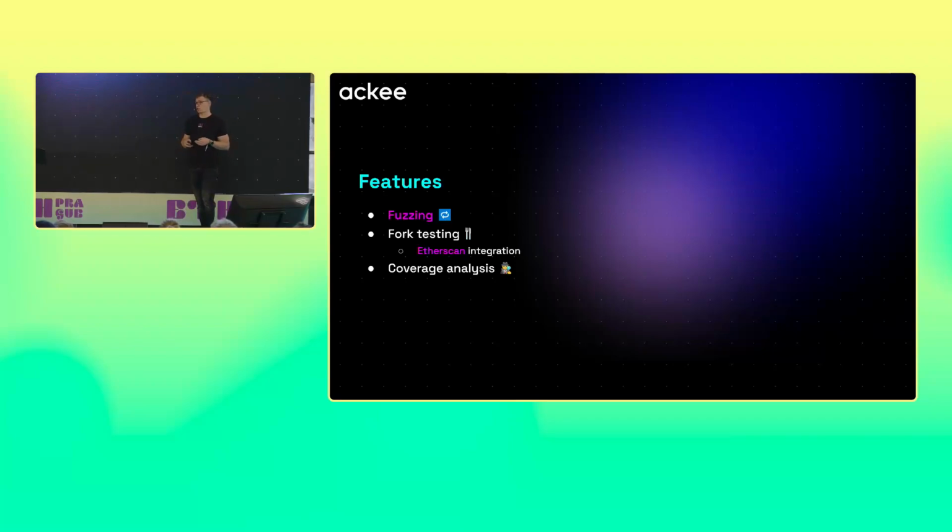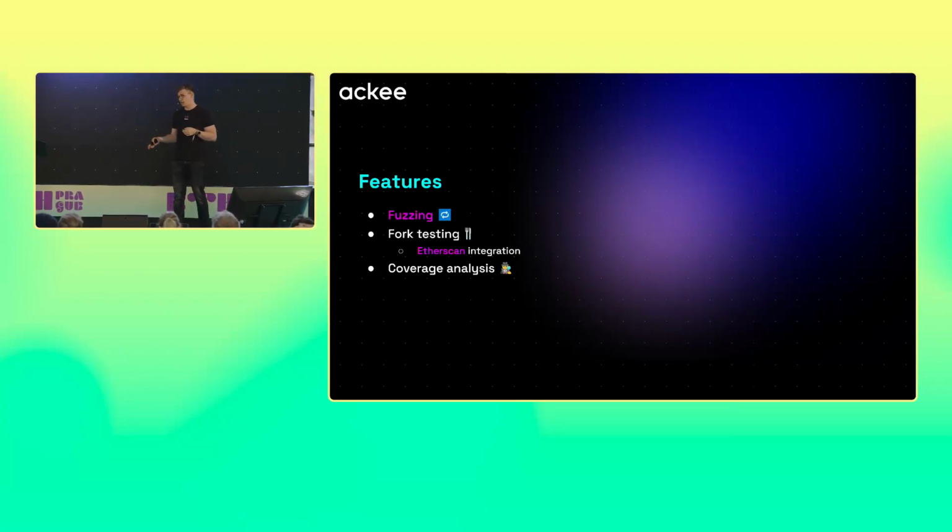Then there's also coverage analysis support. So we can run a testing suite using code coverage feature, and we see the results right in VS Code. Wake is highly integrated into VS Code, so we are trying to use the best of two worlds, like the command line and VS Code. So the coverage collected from fuzzing and testing is showed in VS Code, and in the case of fuzzing, the coverage is showed in real time. As we fuzz, new coverage lines appear or are highlighted in VS Code.